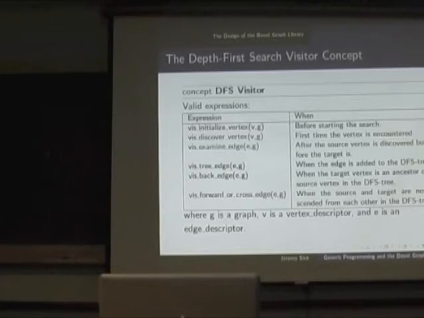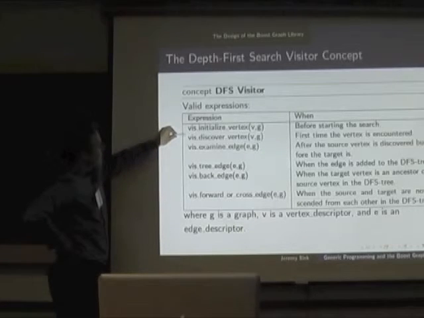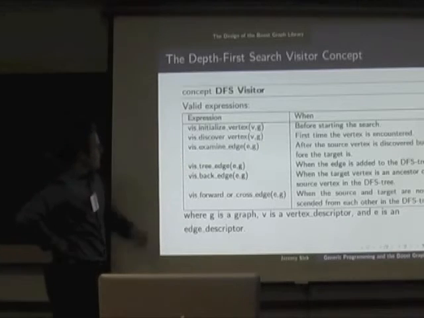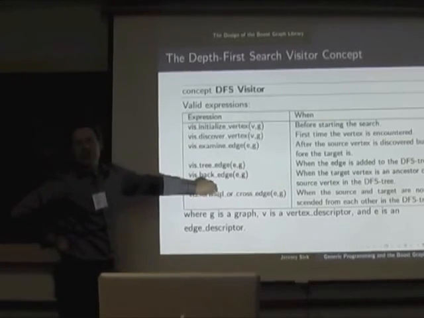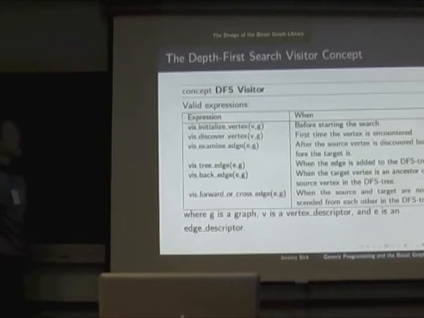You have a stack, and when you go over a tree edge, you could push the target on. When you return failure, you pop it off. Yeah, when you return failure, you pop it off. That's basically what you need to do. I think there's a missing event here of finish vertex, which should be up here. I'm positive it's in the actual library. And finish vertex would be where you'd do the popping and also where you'd be looking at whether you're at the exit or not.